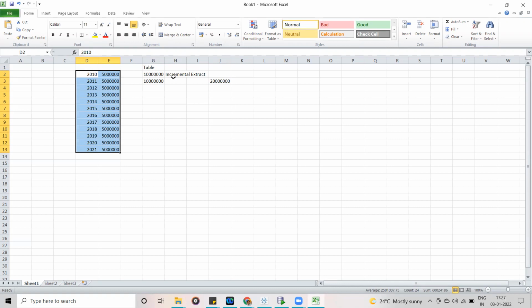Let's assume you don't have the data initially, you only have this much data. Then at that time itself you can create an incremental extract. This time a full refresh is also going to work, because we already have a huge set of data in the table. So that's why we are going to connect with our ETL team or DBA team, whoever is going to support. Okay, we are going to follow this approach.